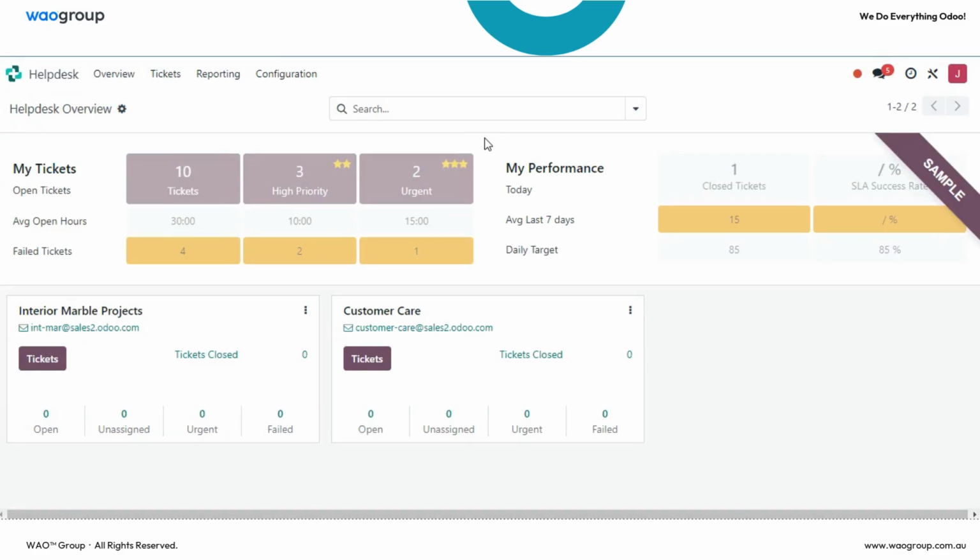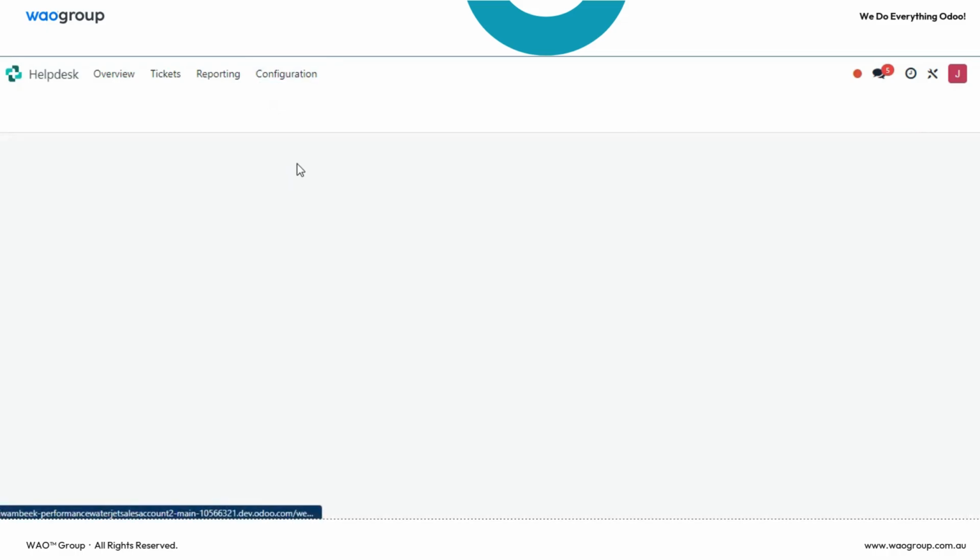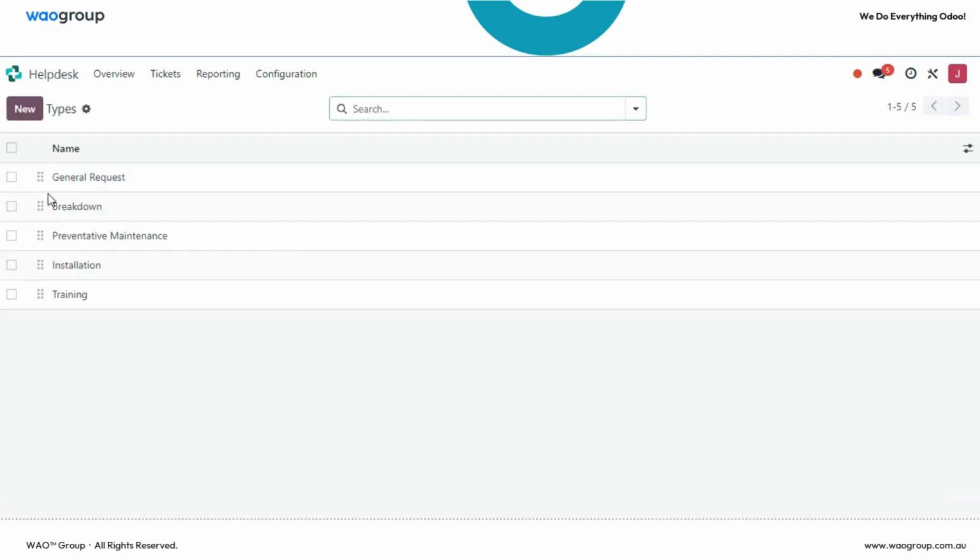In this video, I will show you how to create help desk ticket types in Odoo. So from the help desk overview page, we will go to configuration and then types. Now over here, as you can see, we've already created a couple of examples, such as general request, breakdown, preventative maintenance, etc. To create a new help desk type, you will just need to click on the new button